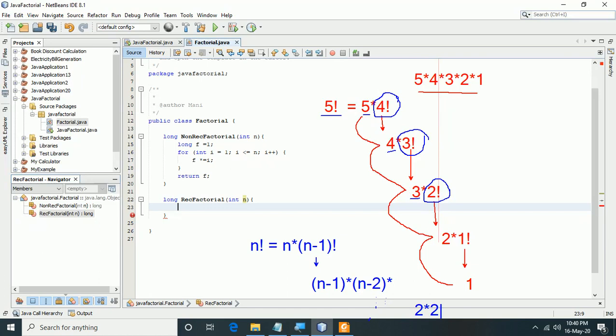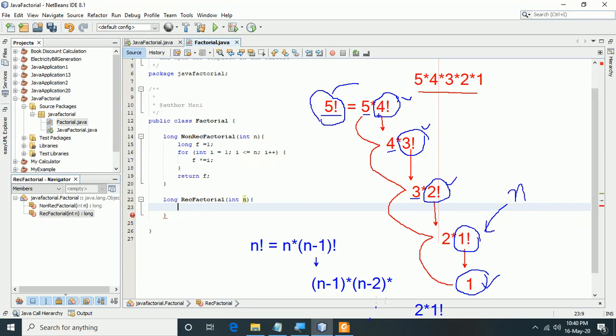Factorial of 1. So this is how it's going to go, in the same manner. So let's now look at this whole thing. Now suppose the value of n is 1, then we have the answer 1. Otherwise, if it is greater than 1, for anything which is greater than 1, what we are supposed